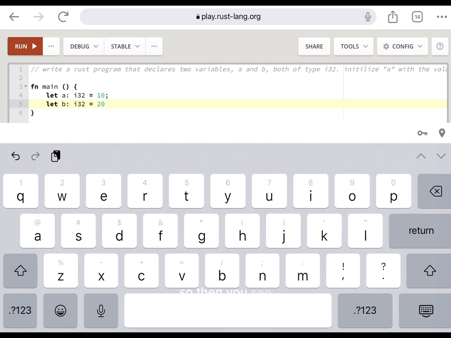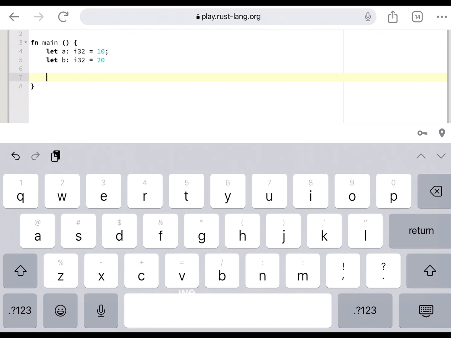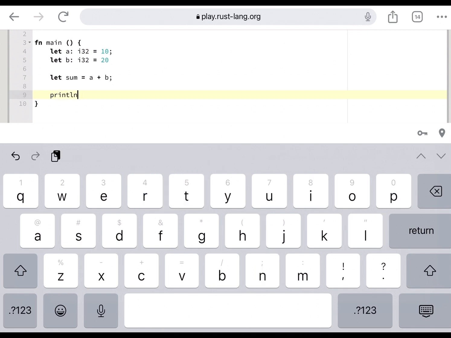So then to make the sum of both of them, we say let sum be equal to a plus b, and then we end it. That's to calculate the sum of a and b, and we are to print the sum of a and b. Then we use the println macro. Println, and we put the exclamation point. Within the quotation marks, this is actually what is going to be printed, what we're actually going to see. And then we say the sum of